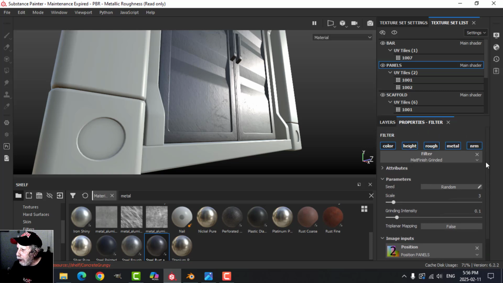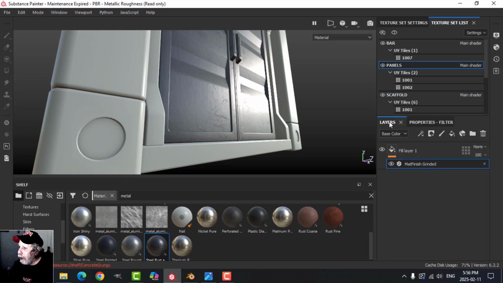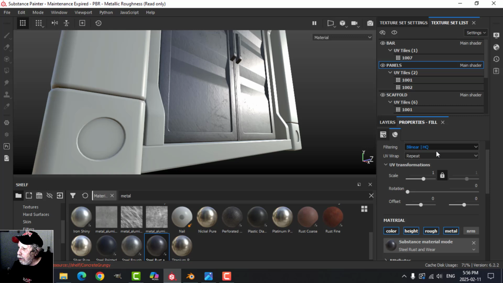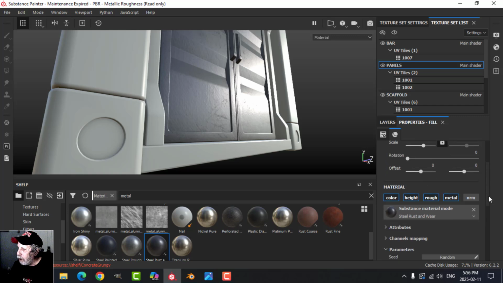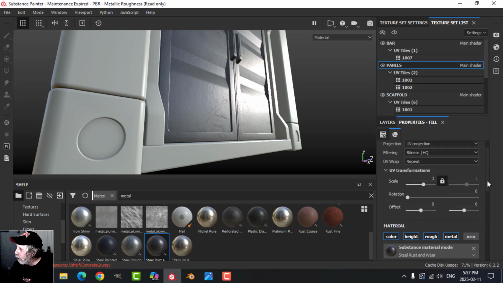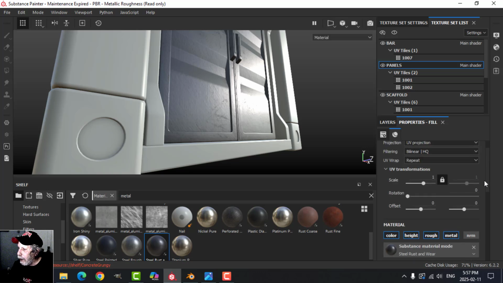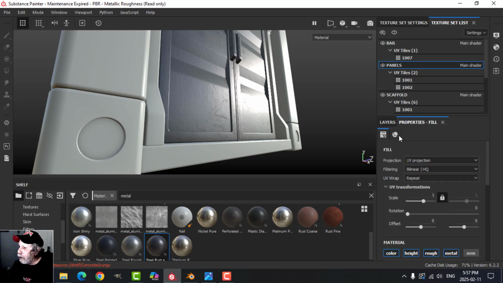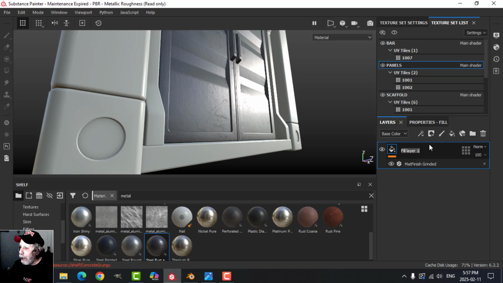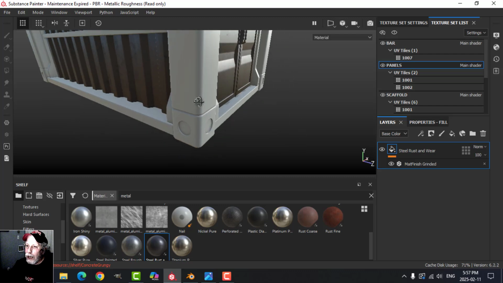It loads everything I need, so I'm okay with that. And okay, good, normal's not on, and that's going to be fine for that. Okay, so there's my sort of base metal layer, and that was Steel, Rust, and Wear, I think. Yeah, okay. So I'm going to leave it like that,